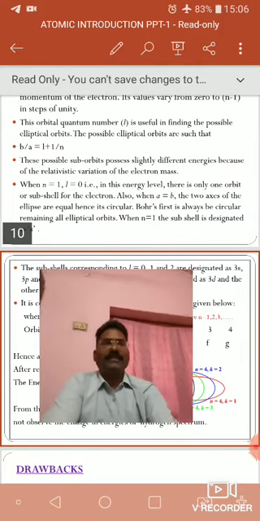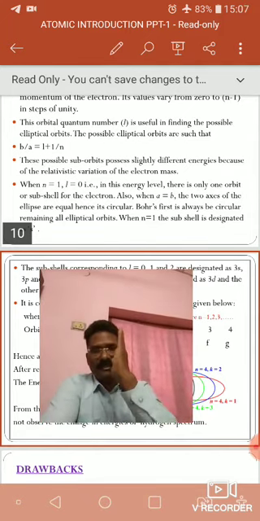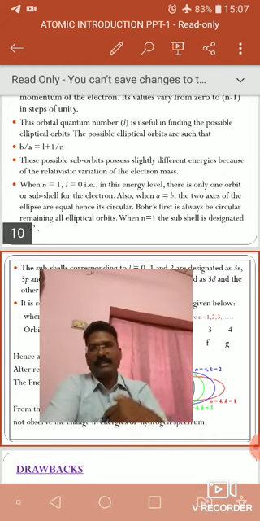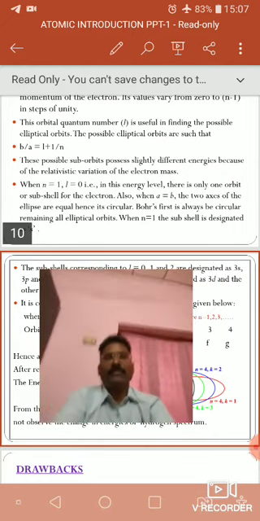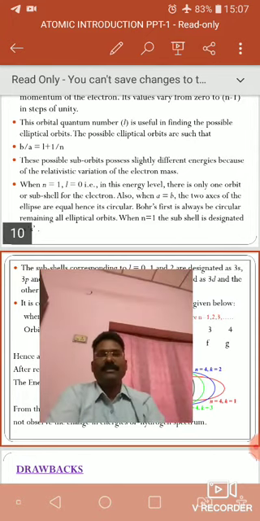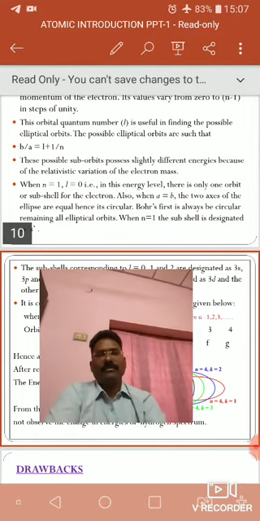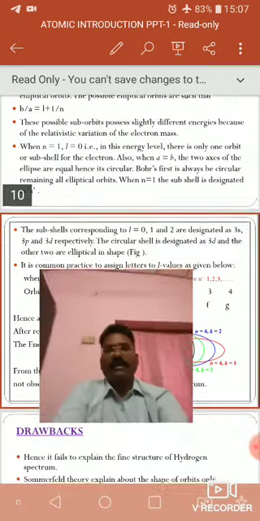Orientation means the electron occupies in a subcell is in a direction or in the opposite direction. That could not be explained by the Sommerfeld theory. These are all the drawbacks that could not be overcome by the Sommerfeld theory. Of course,